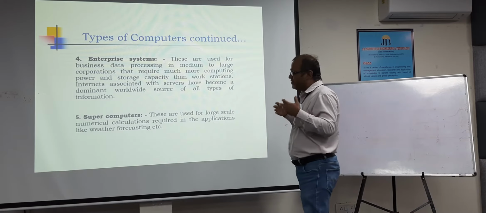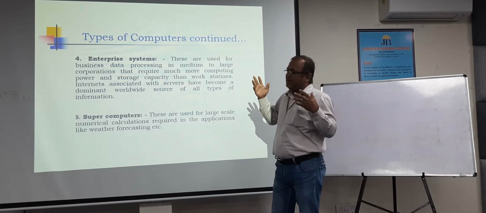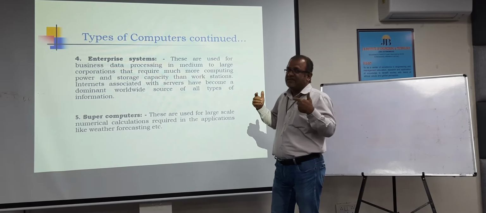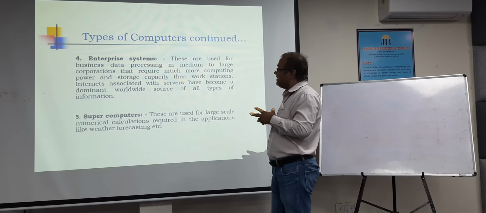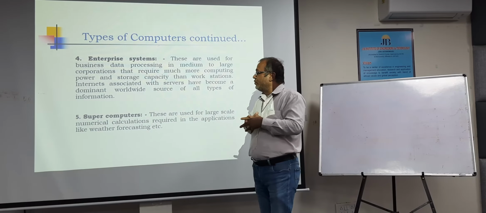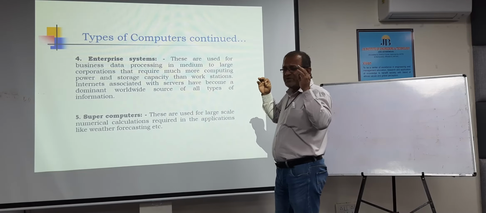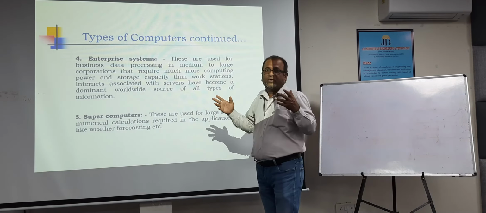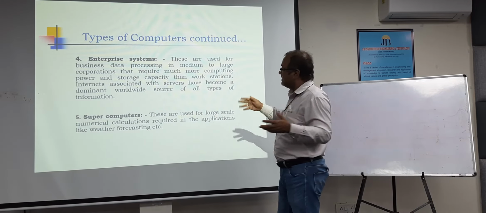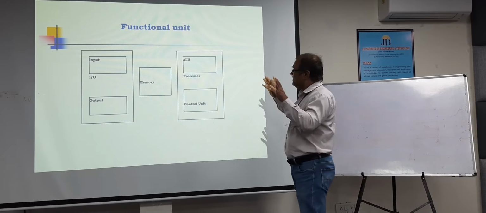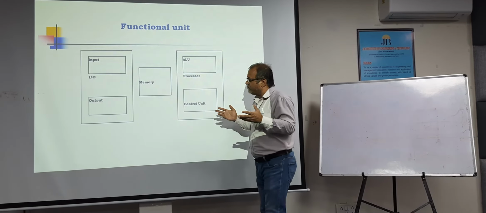And the next one is your ERP systems. Now these systems are legacy systems like mainframe computers and those things. And the last one is very fast computers known as supercomputers. Now, it is used for some specific applications like scientific work or to know the weather of the country or anything else.